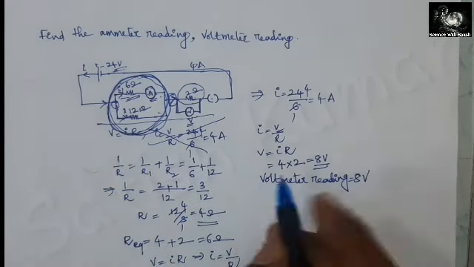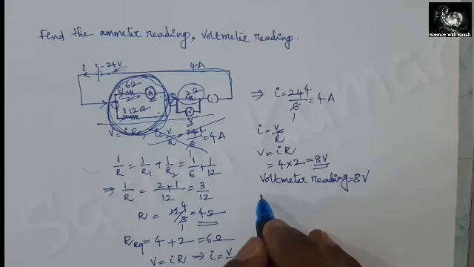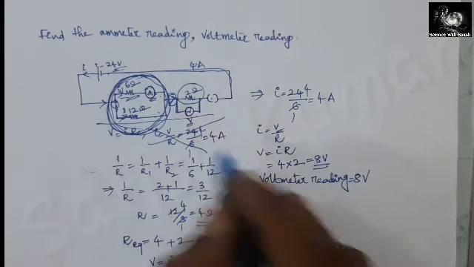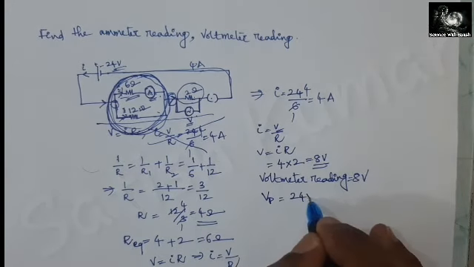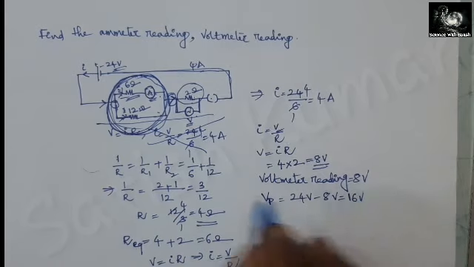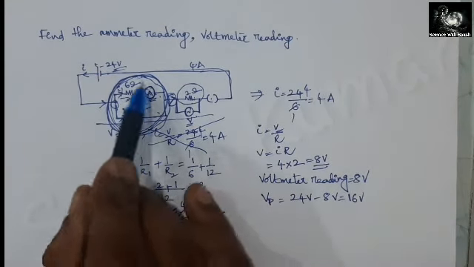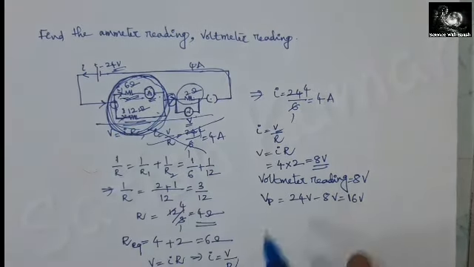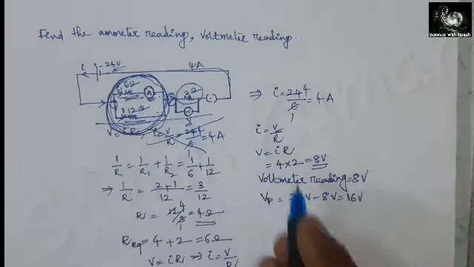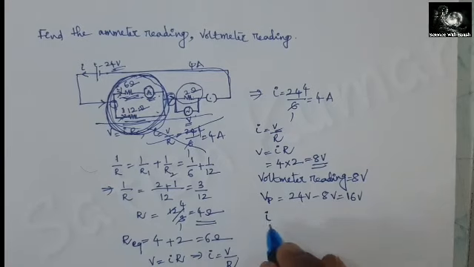So, the remaining voltage is the voltage in this parallel combination. Vp is equal to total voltage 24 volts minus 8 volts. So 24 minus 8 is 16 volts. So 16 volts is the voltage of this parallel combination, meaning 16 volts will be here and 16 volts will be here. So now the current reading, I of 6 ohms.